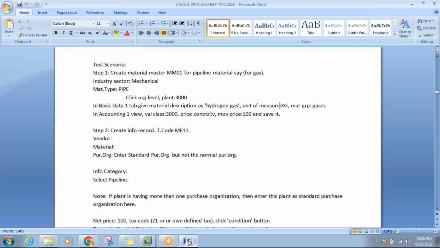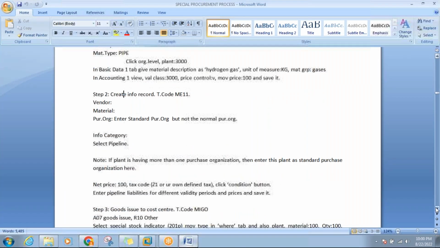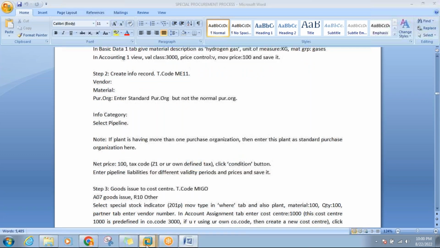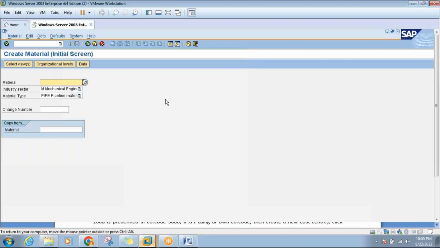Okay. And now second step, we create the information record, info record, by the combination of vendor, material, and info category as pipeline, which is mandatory. It is not optional. So if plant is having more than one purchase organization, then enter this plant as standard purchase organization here. These are the mandatory fields we need to give at the time of creating the information record. So now what I will do,